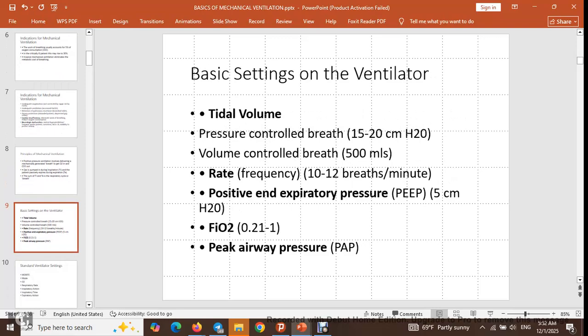When you see the basic settings of a ventilator, we see the tidal volume, the respiratory rate, the pressure, the FiO2, and the positive end-expiratory pressure. The tidal volume can be volume control or pressure control. In pressure control, we use from 10 up to 20 centimeters of water to generate a tidal volume calculated for the age. The other is volume control. We use a calculator, like we usually use